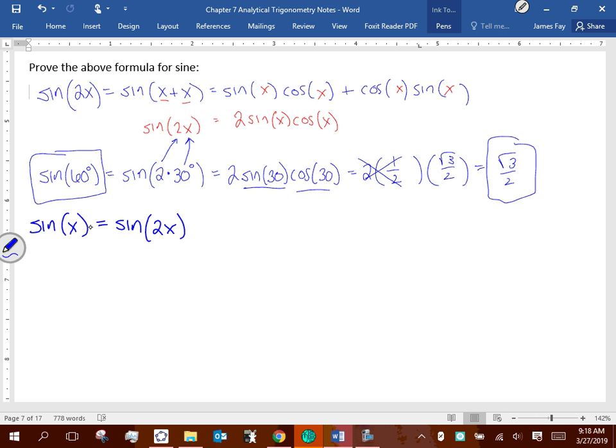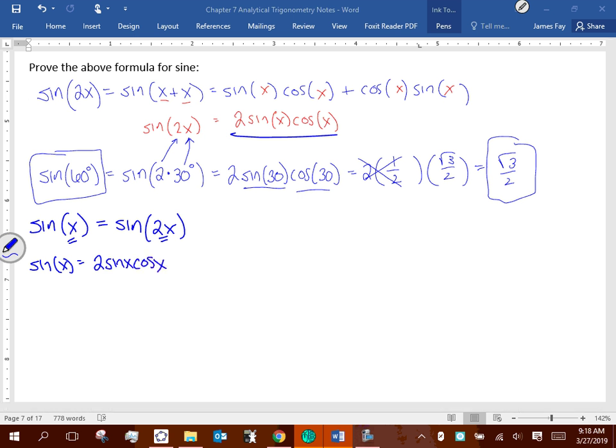So what we find out is that you cannot solve an equation like this when the arguments are different. Okay? So what we need to do is either increase this one somehow, and I'm going to tell you can't do that, but you can reduce this one. Okay? So we're going to rewrite the right-hand side as a sine double angle. So we're going to rewrite it as that. 2 sine x